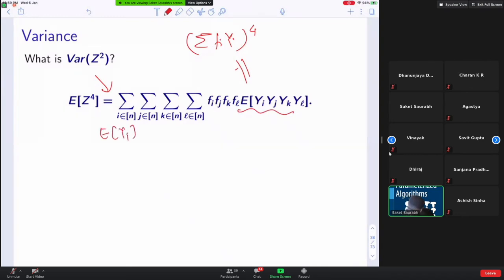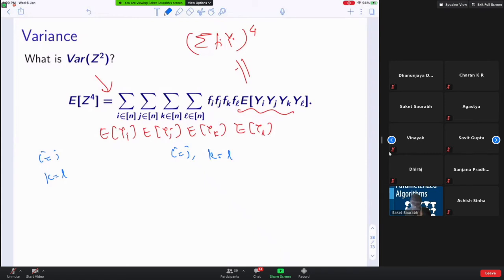Now do you see why we are going to use it? We kill all kinds of such products. But we have to be careful about which ones get killed. Those products get killed where one of the indices appears exactly once, like for example i equal to j, or k equal to l. Imagine that one of these indexes appears exactly once, then it will get killed. But it could be that i equals j and k equals l. Then you can't kill it. This is a square. So you have to be careful.